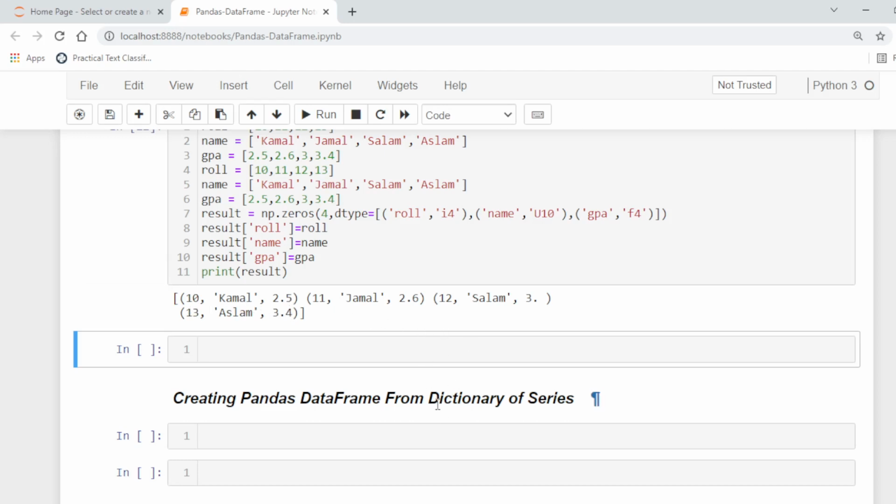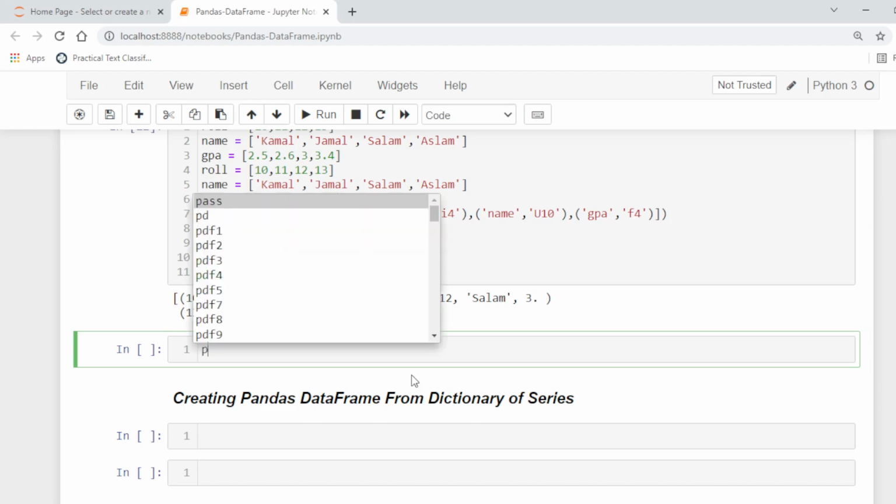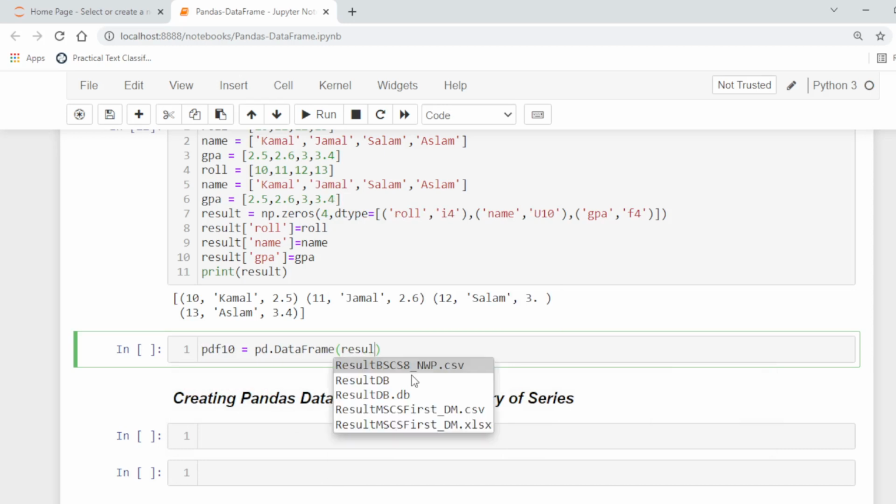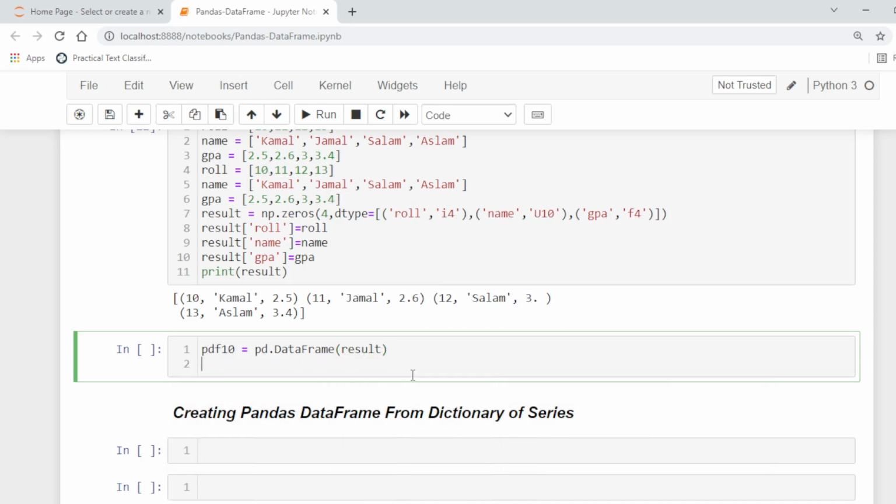So in this way, now to create a data frame from the above array, let's say pdf10, for example, equal to pd.DataFrame and result. Now to check data frame 10.